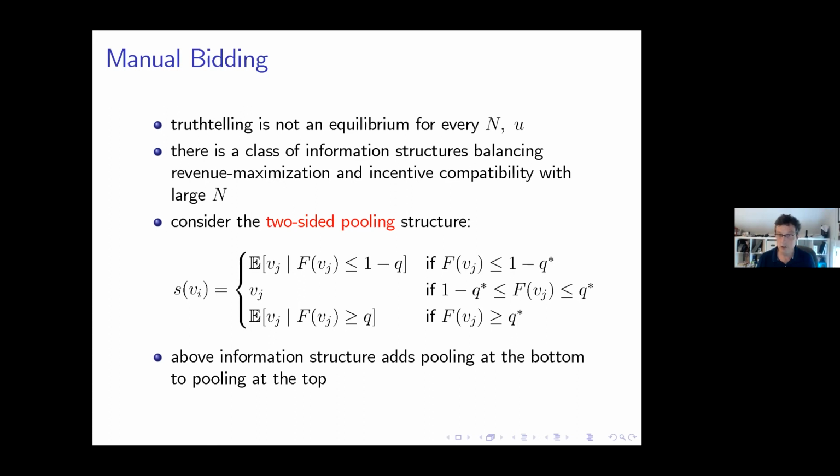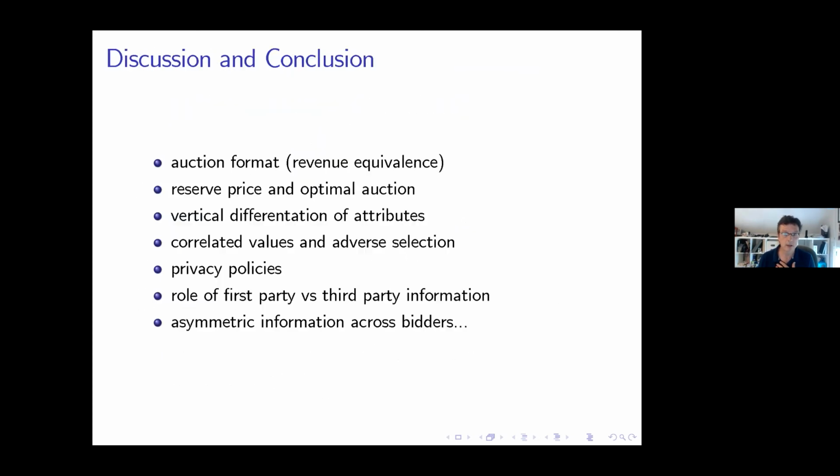Okay. And I think with that, let me just flash that if we had manual bidding, then this optimal information structure would not be both truth-telling and obedient. But by creating symmetry in the pooling between the top and the bottom, we would reestablish both truth-telling and obedience, and we would get, in terms of revenue, something that approximates the optimal mechanism very well when we have a large number of bidders. So there are positive results to be reported for manual bidding as well, but we will rely on an approximation argument rather than on exact optimality. Okay, I guess with that I'm ending.